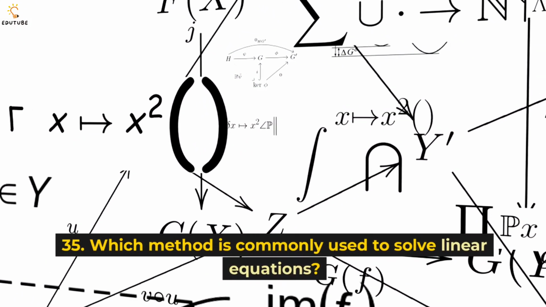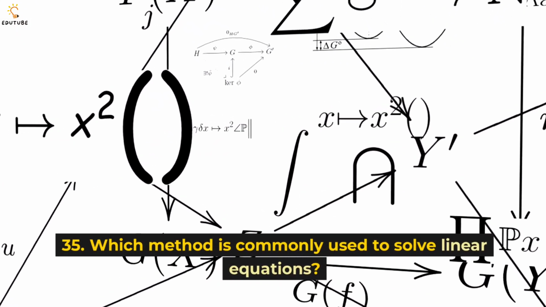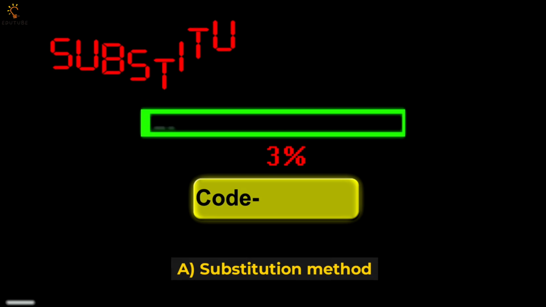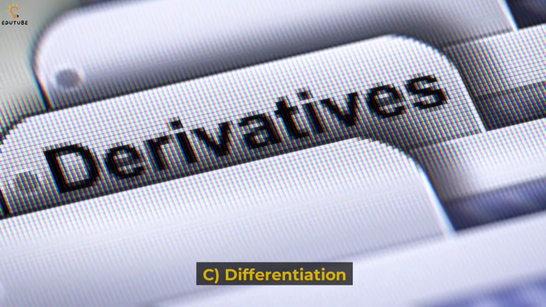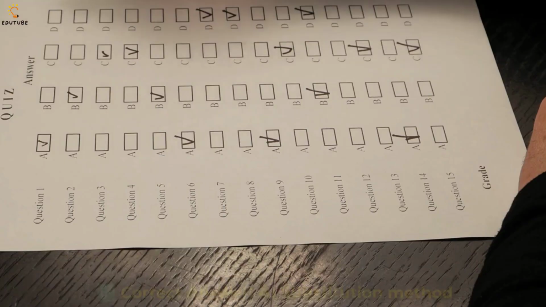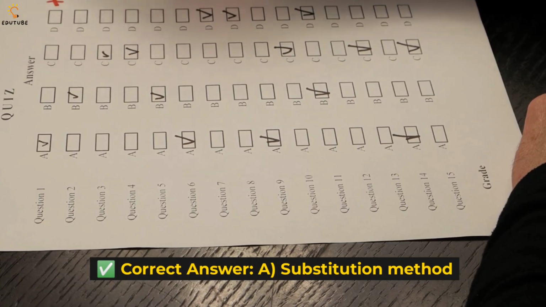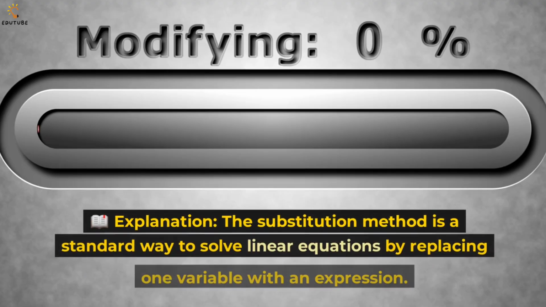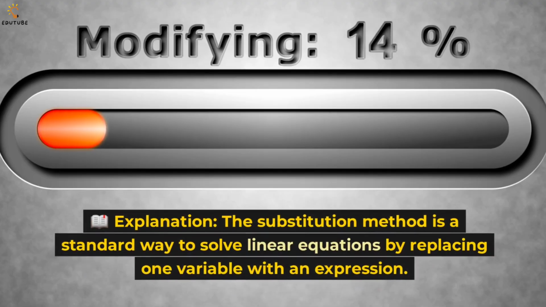35. Which method is commonly used to solve linear equations? A. Substitution method. B. Integration. C. Differentiation. D. Logarithms. Correct answer: A. Substitution method. Explanation: the substitution method is a standard way to solve linear equations by replacing one variable with an